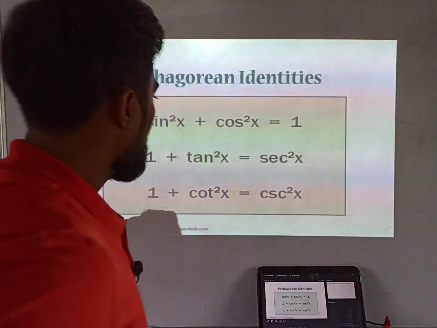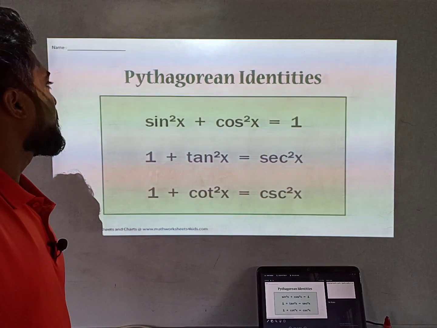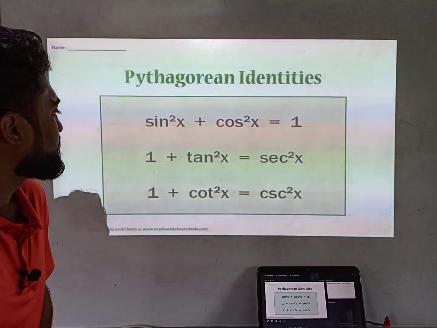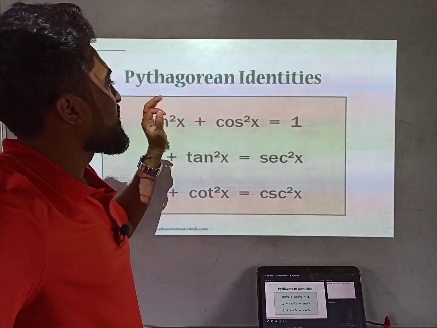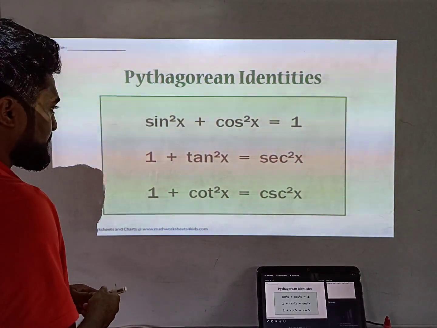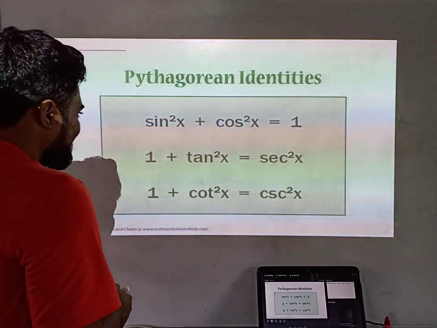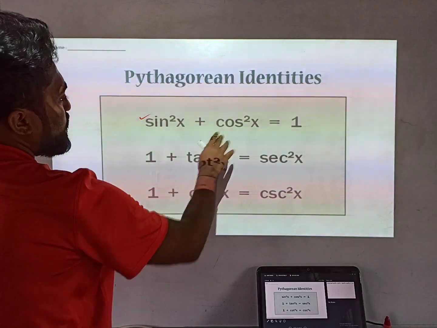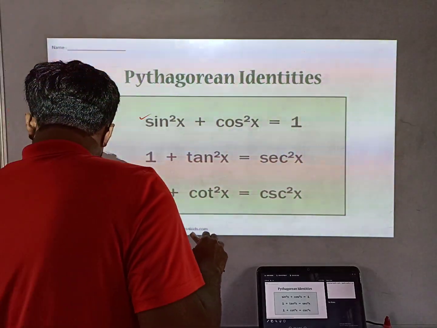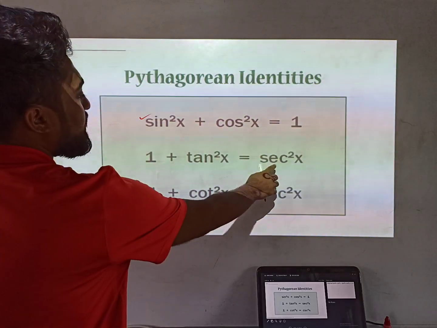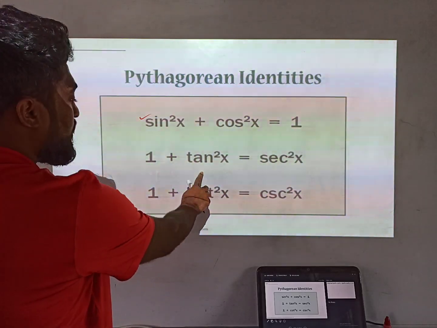So the first thing that today we will be discussing is Pythagorean identities. Pythagorean identities means we have three identities. The first identity is sin square plus cos square equals 1. The second one is sec square minus tan square equals 1, or we can say that